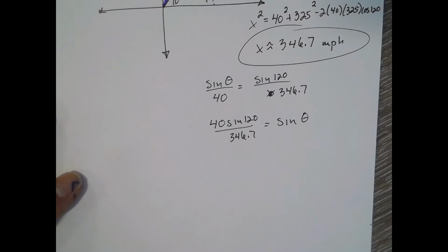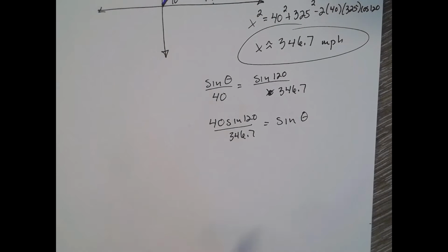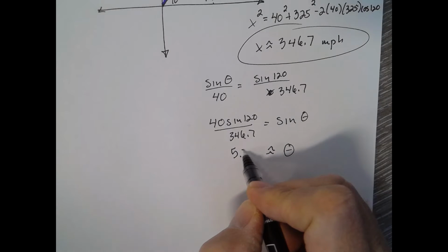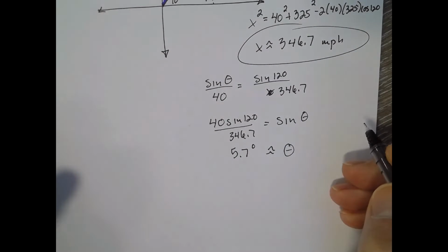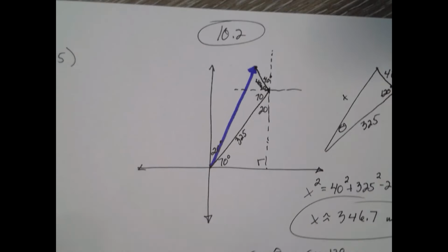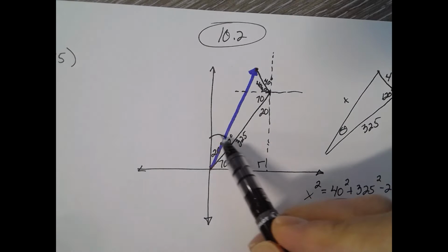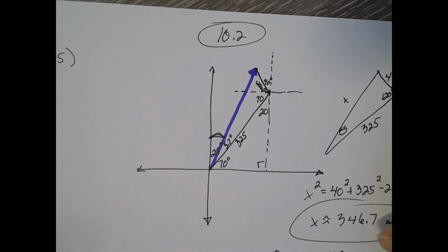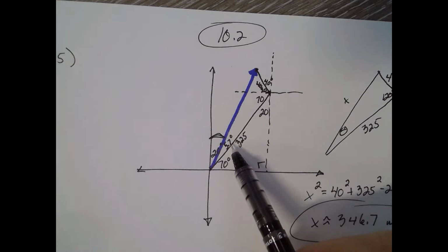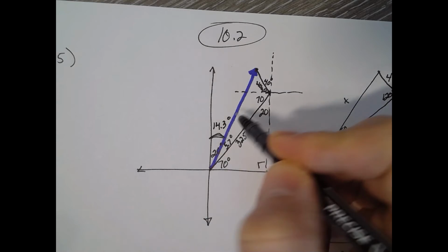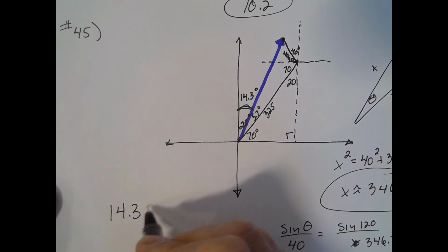Make sure you're in degrees. That's, let's say, 5.7 degrees. Alright, so back at our drawing here, this is 5.7 degrees. Let's try to figure out this one, and then we can say how many degrees east of north it is. So this is 20 degrees, that's 5.7, so this would be 14.3 degrees. So it's 14.3 degrees east of